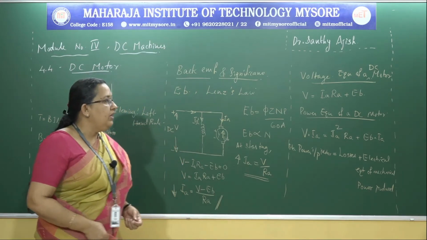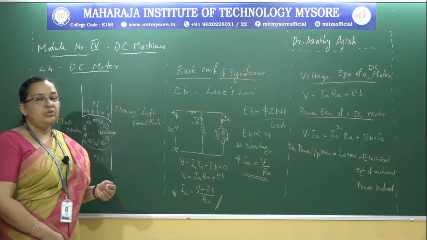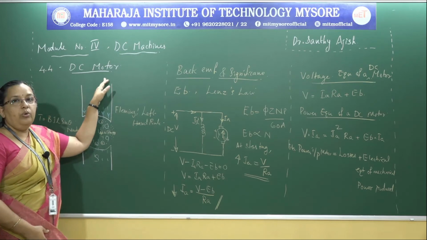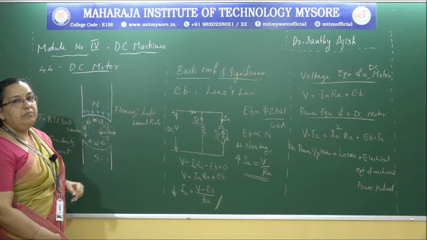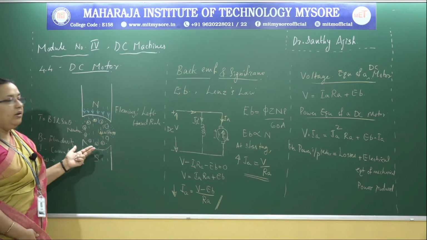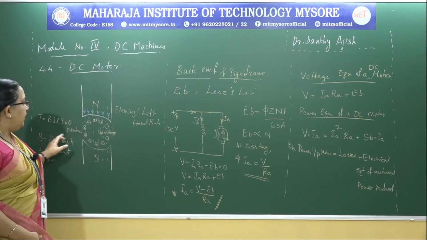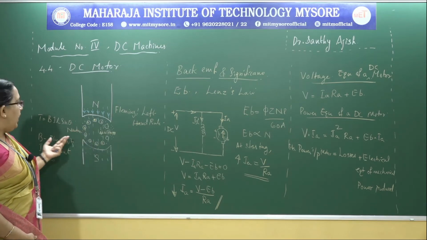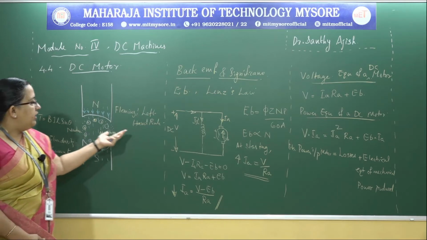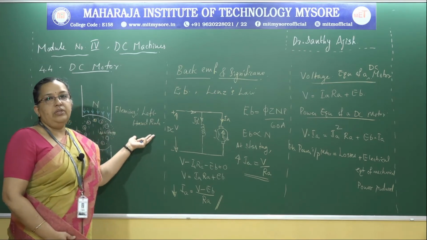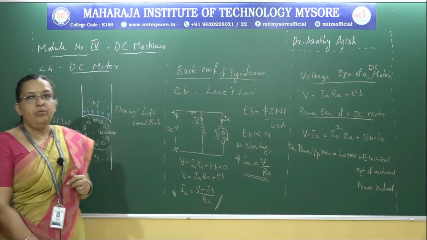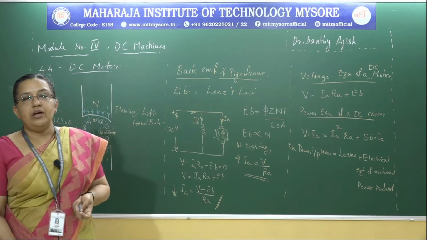So we have seen 3 or rather 4 different things today. First, we discussed the operation of the DC machine as a motor. We have seen there are 2 torques acting together on the armature, which indirectly produce the torque, and that torque is given by BIL sin theta newtons. The direction of rotation of the motor can be governed by Fleming's left hand rule. So what is Fleming's left hand rule?